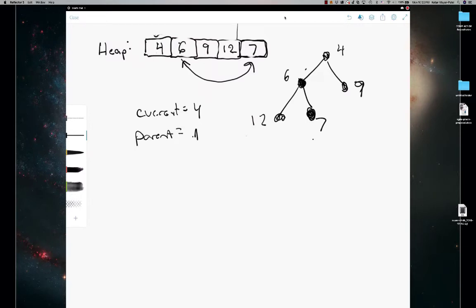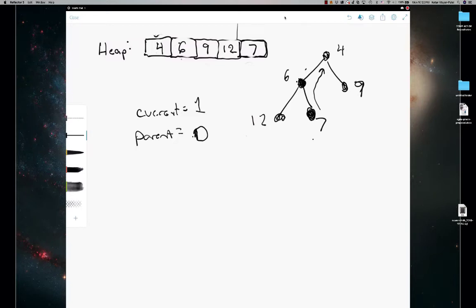And then we update our current index to be the parent index 1. And now the parent we recalculate as being index 0. Essentially it's as if we added a node and we're bubbling up,